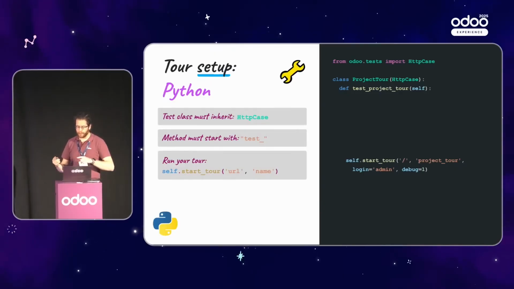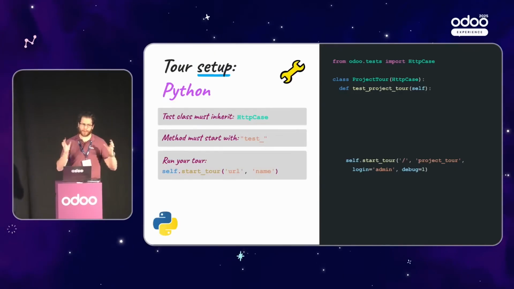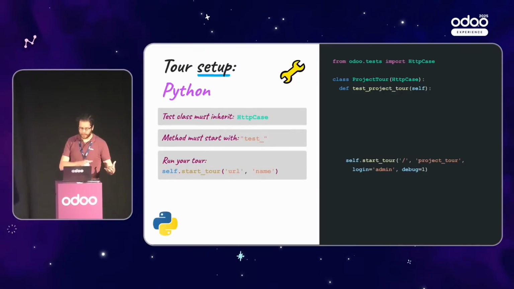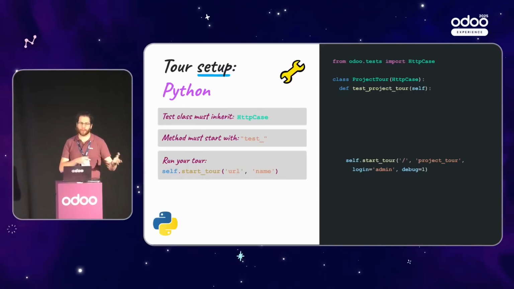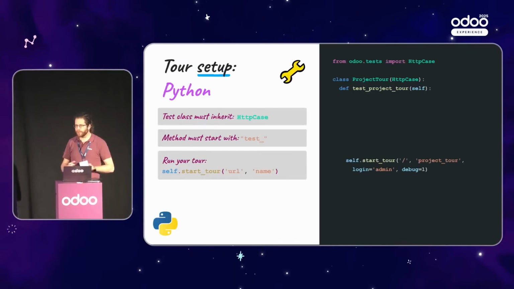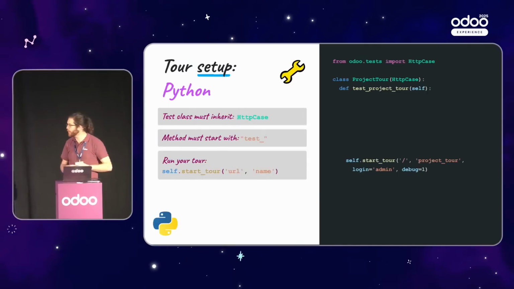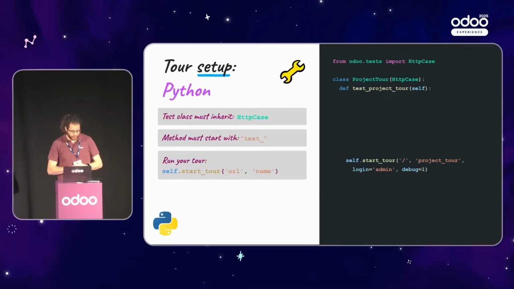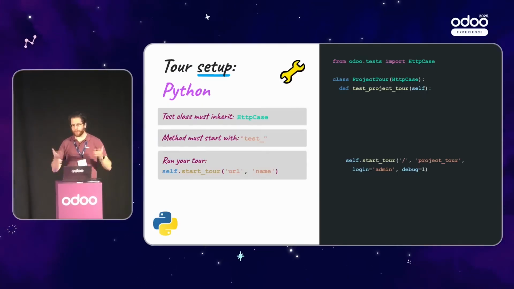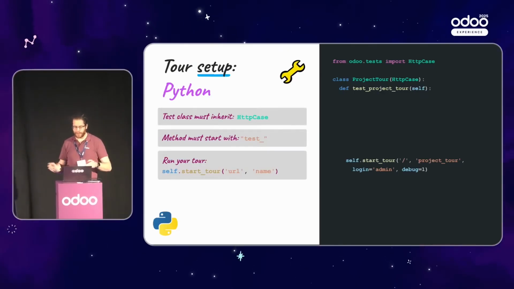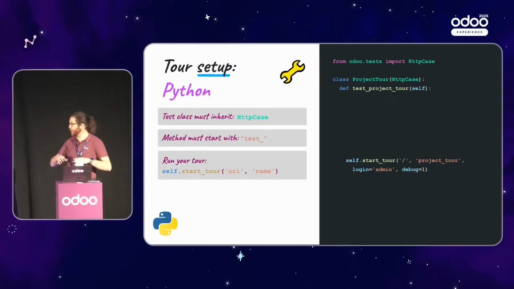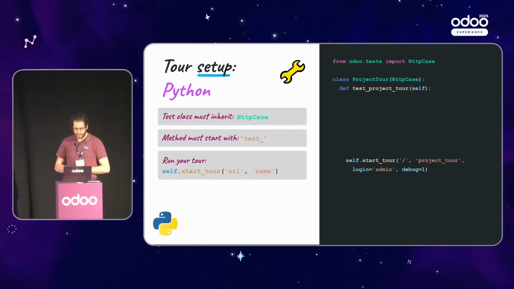Because what start tour does is start a browser in the background in headless, so you won't be seeing it. You will just have the console logs, and that's not very explicit. Like if there is an error, you just see the traceback, and maybe the error is more obvious visually. So this is what it helps you do. It will spawn the browser for you, and you will see in real time the tour execute,